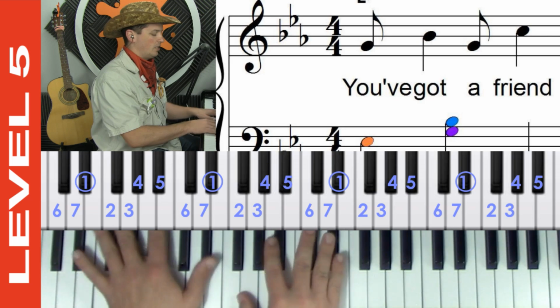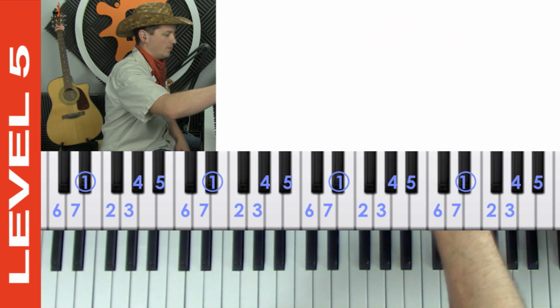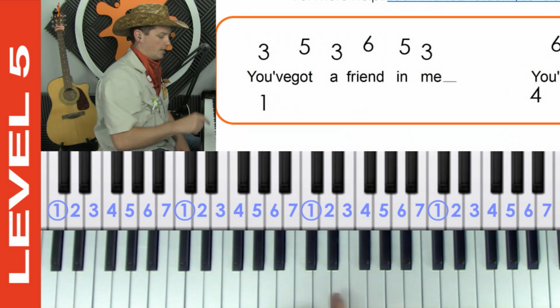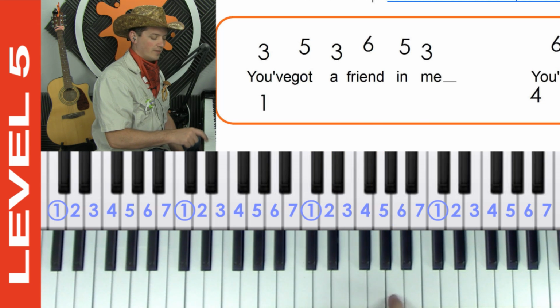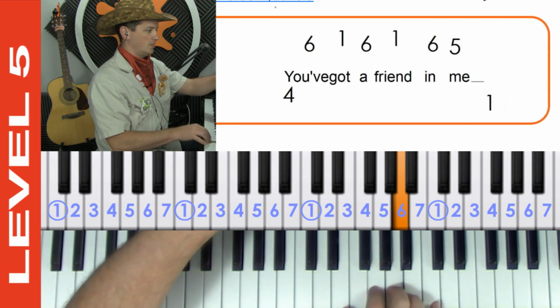And so now we're in the key of E flat, but we're not gonna play in the key of E flat. We're gonna play in the easier key, the key of C for level 5, and we're gonna play 3, 5, 3, 6, 5, 3. So all we've done is we took C and we made it number 1, 2, 3, 4, 5, 6, 7, and 1. So now we play 3, 5, 3, 6, 5, 3, 6, 1, 6, 1, 6, 5, and now